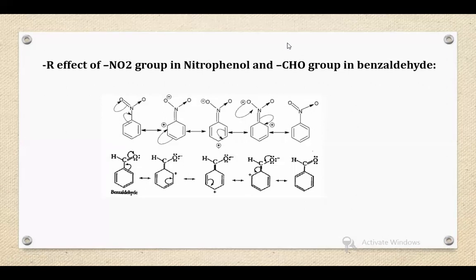Okay, is it clear? So the minus R effect as well as the plus R effect, whether in an aliphatic compound or an aromatic compound, should have an unsaturated compound in it. So delocalization of electrons will take place. Clear? So, as we studied the inductive effect, electromeric effect, and resonance effect,